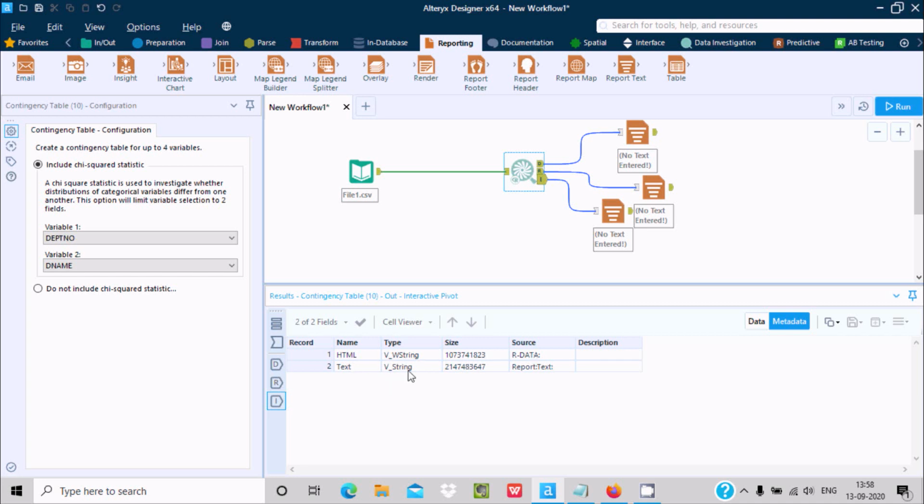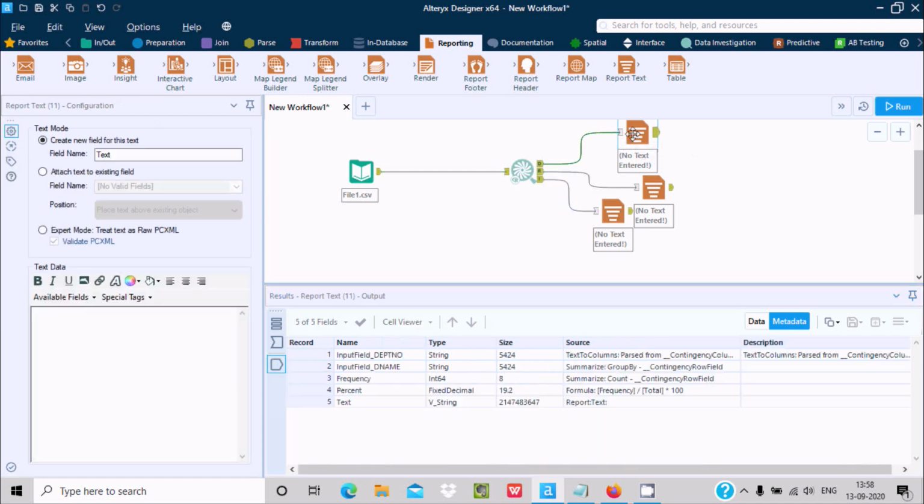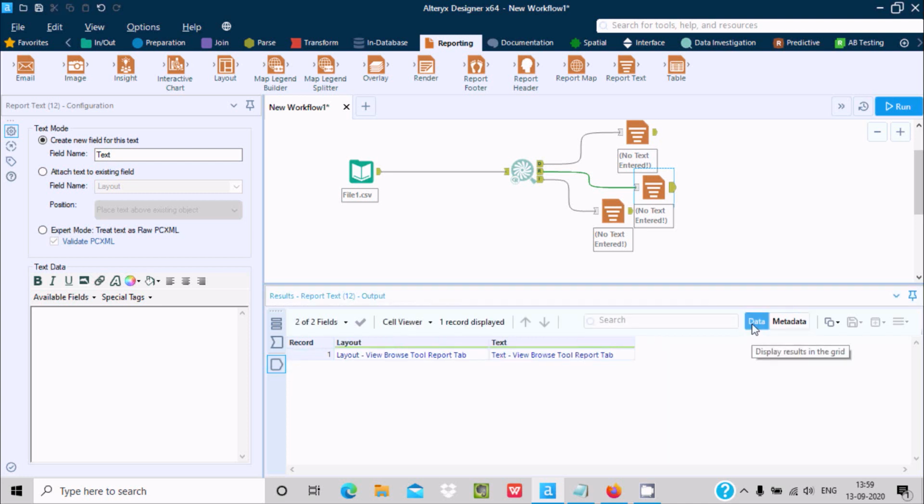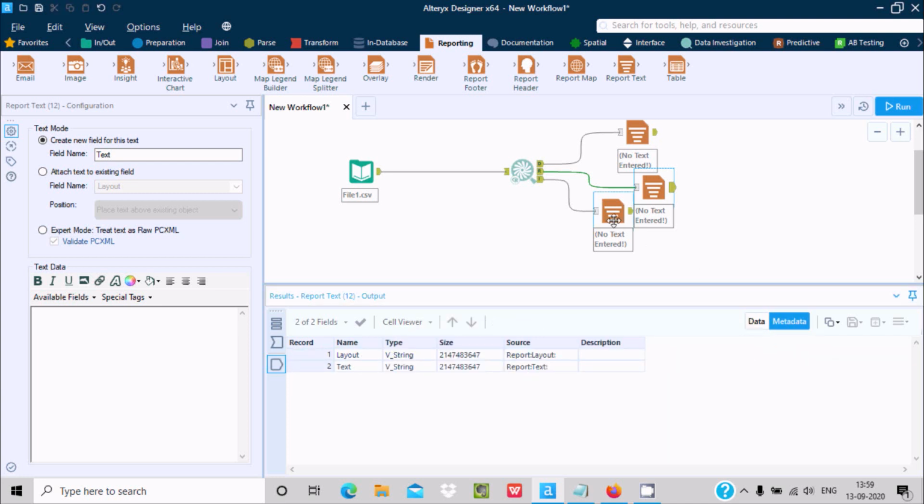Now the report text: here you can see all the report text, and if you take report text 1 and 2 and so on, here is the data metadata, and report text 3 and HTML text, all the source.